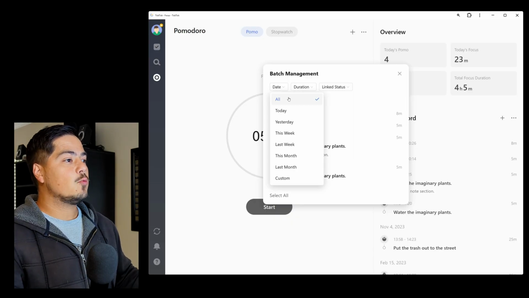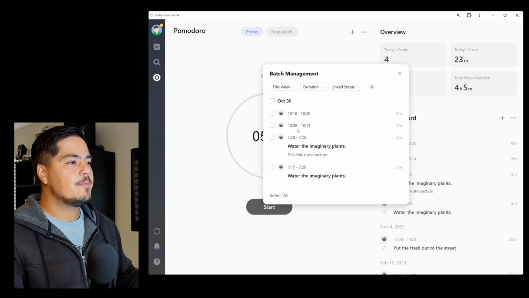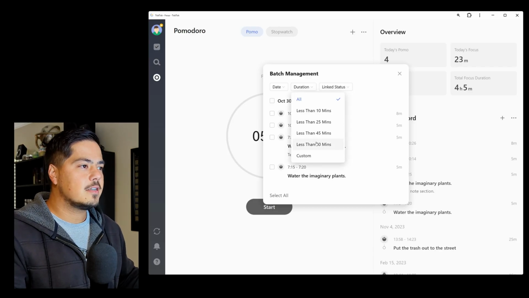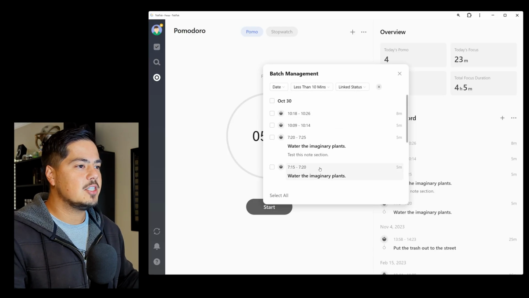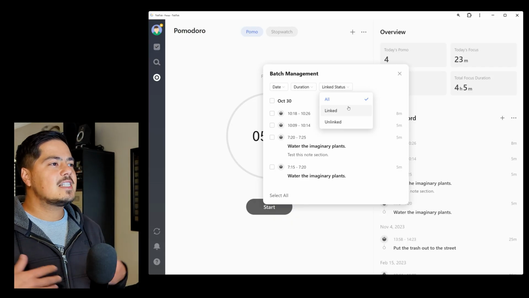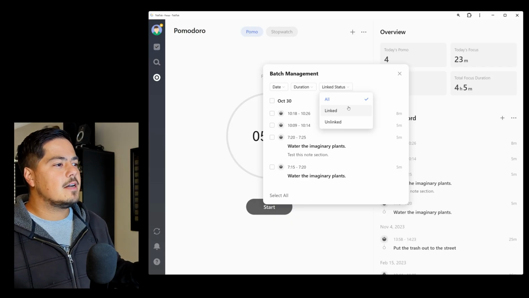So for example, if I just want the records that were created this week, these were the records created this week. If I want just records that are a certain duration, I can click less than 10 minutes, and it gives me just the records that are less than 10 minutes, and so forth, right? And link status, whether they're linked or unlinked. And I guess probably